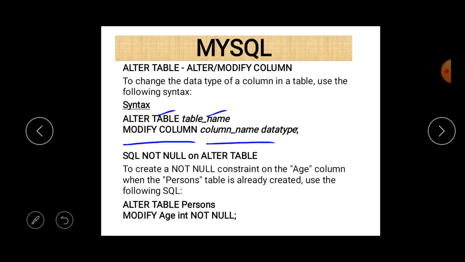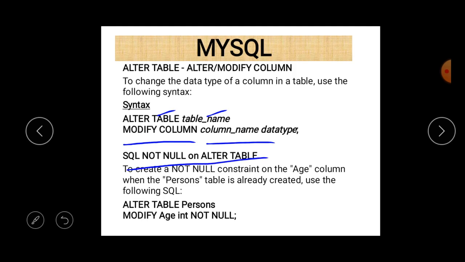Now let us talk about constraints. We are able to change the constraints of a table in MySQL. So, SQL not null with alter table. Not null is a constraint.